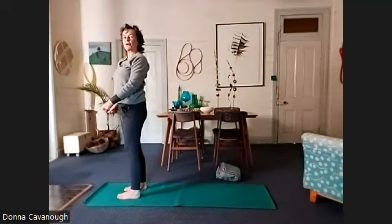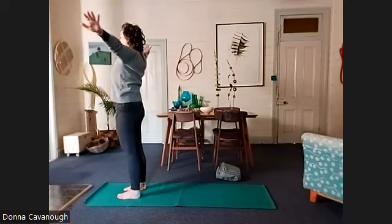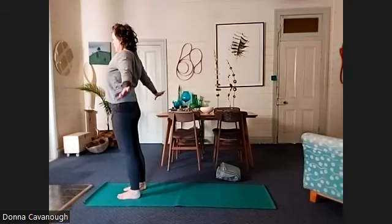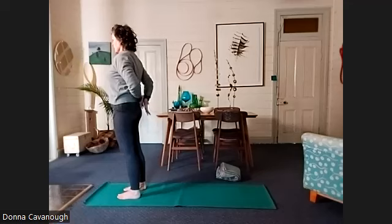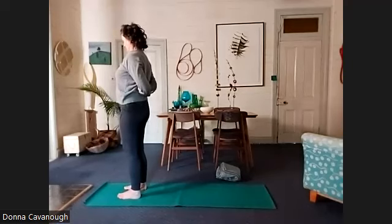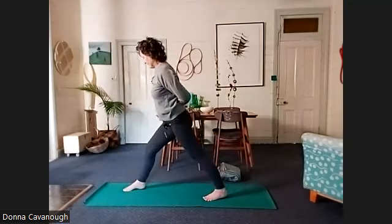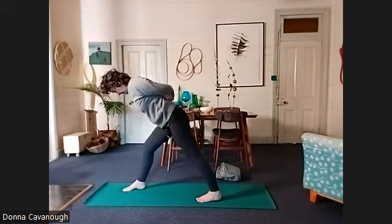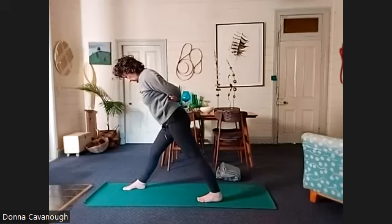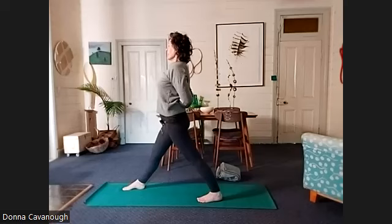So you might need to hold the chair instead of binding your arms. See how you go. Let's take them out from the chest, arms behind into your holding position. Other forearm on top if you can. Good, we're going to step back with the left foot. And what we want to find is feet about hip width distance from side to side and parallel, and the back heel down,